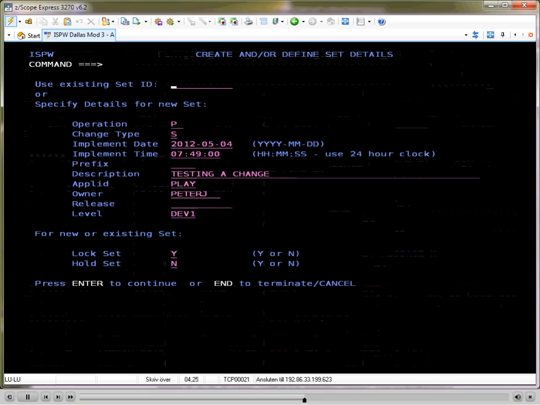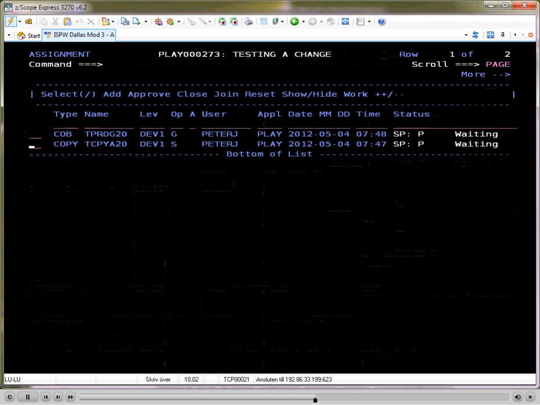Then ISPW creates a set container. A set container is a temporary container just for executing this process. So I just press enter,